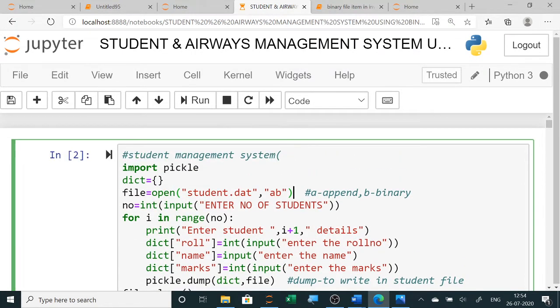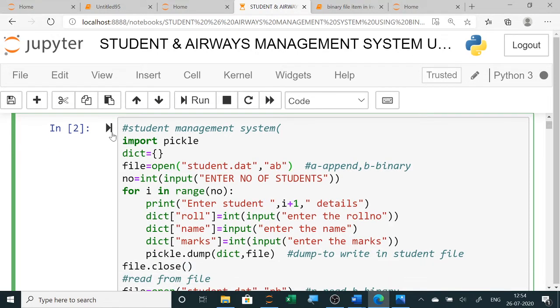We will execute them. Instead of IDLE, today I am using Jupyter here. Even if you type in IDLE, the same output it will show. Only in IDLE you have to pip install pickle, and here you don't have to pip install, because in Jupyter it is installed automatically. So when you use IDLE, you will open the command prompt, write pip install pickle, install it, and then this will execute. This module you can include here. So import pickle, same thing which I have shown just now.